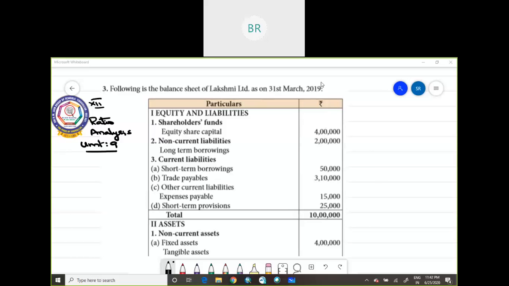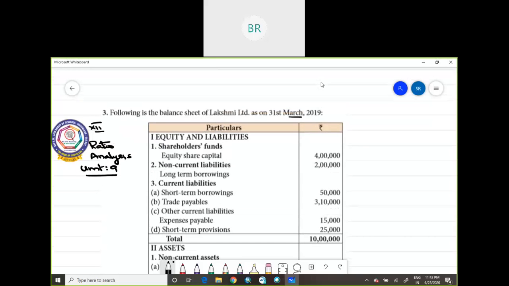Today we are going to see exercise problem number 3. Now, following is the balance sheet of Lakshmi Limited as on 31st March 2019. And here you have some details